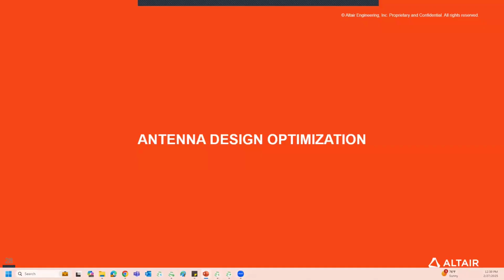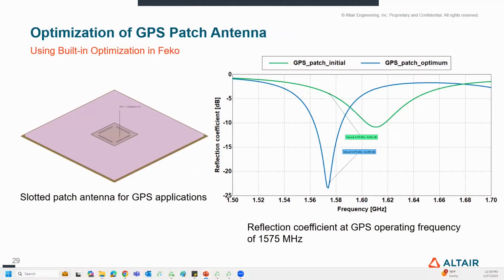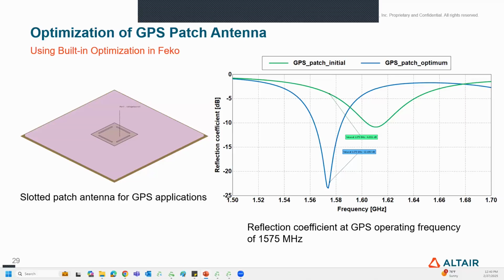So I told you that whenever you start with a base design, you can obviously improve on it and set up optimization, right? So let me demonstrate that optimization process using another example. I could demonstrate the optimization process using the LTE antenna as well, but it has more than 10 different design variables, and because of the size with the handset and everything, every iteration will take a lot of time. So instead, I just want to demonstrate the workflow using a simpler model which won't take a lot of time to run. So this is a